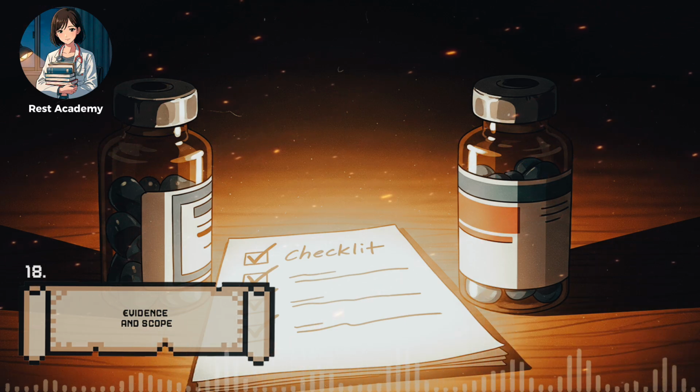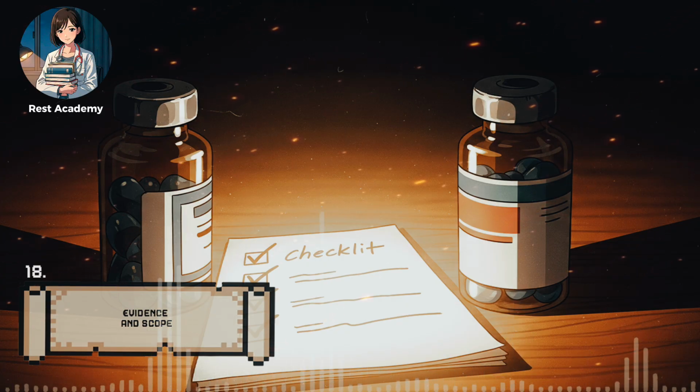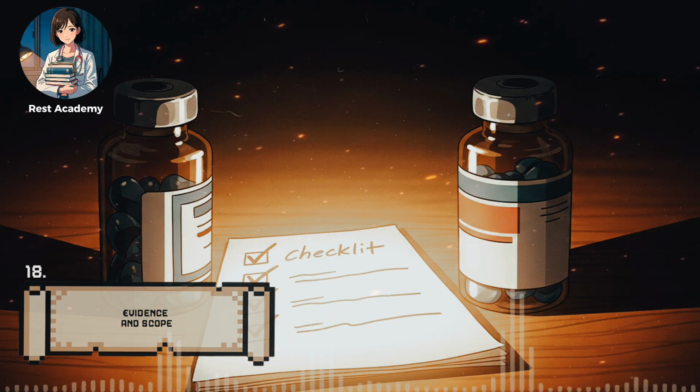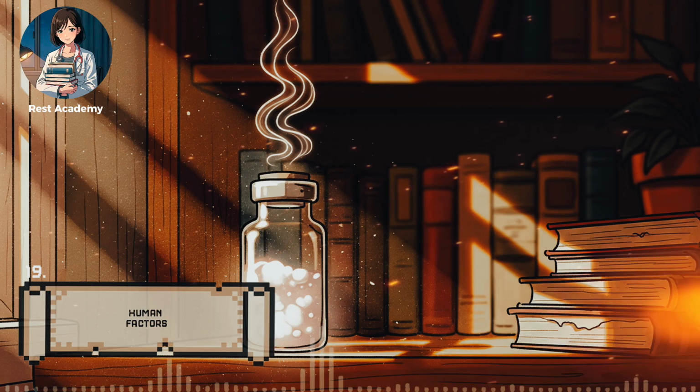And now you look ahead. If selection defines what to give, how is it actually given? How do routes of administration shape onset, intensity, and safety, and why do some drugs succeed only when delivered in very specific ways? You imagine a set of doors leading into a great hall. Each door opens to the same room, yet the path taken determines how quickly you arrive, how much you can carry, and what obstacles you face along the way.